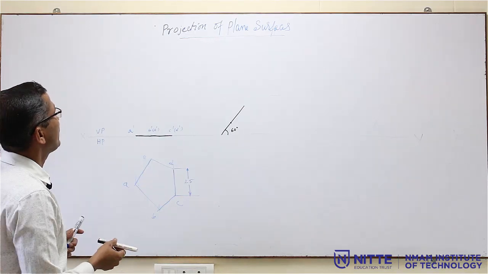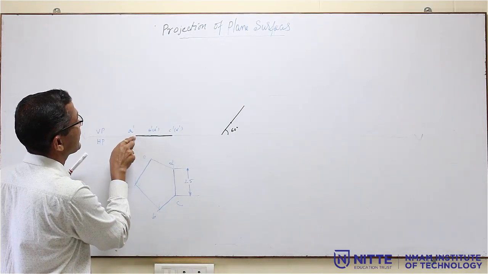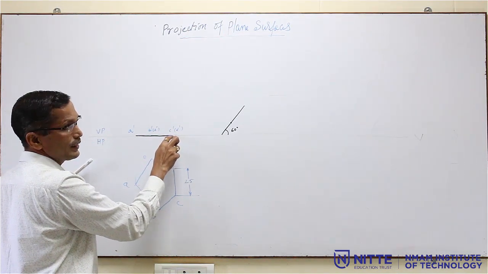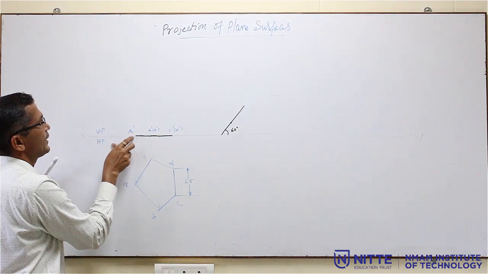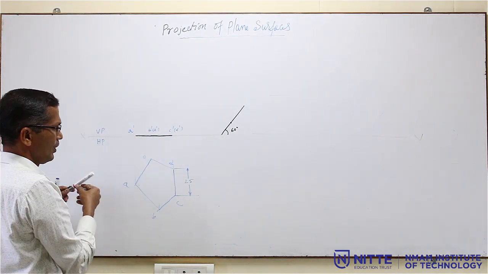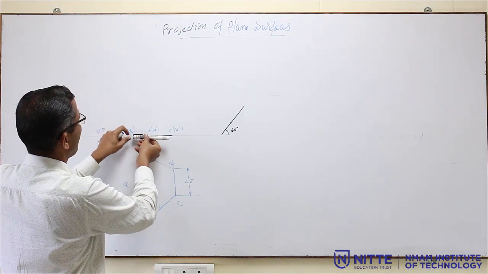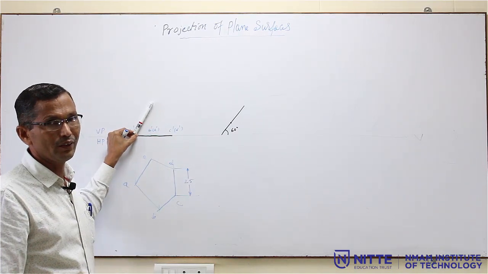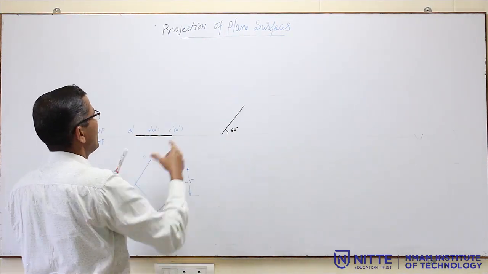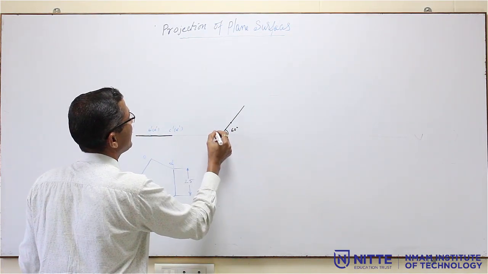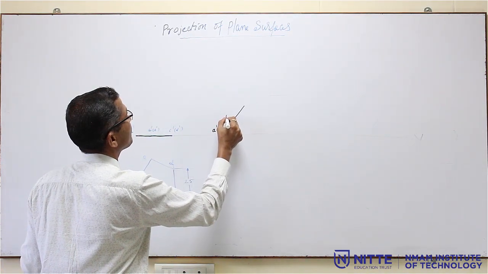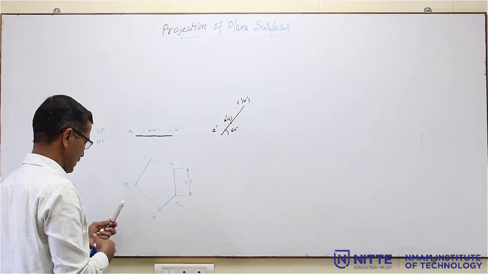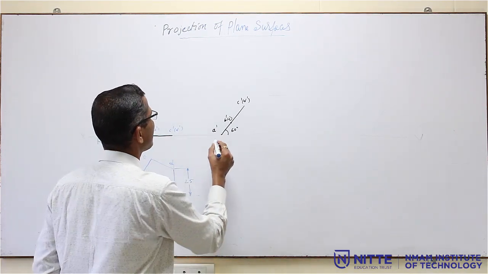Now, while drawing this you have to take care that this is the corner A dash, this is the edge. You can see two names are there, C, D for this point, that means it is an edge. Here only one name, A dash, is there. So, this is a corner. So, lamina is resting on the corner, that means the corner should be on the xy line only, you have to lift this up like this you have to draw. So, same line I had redrawn and copy all the names once again here, this is A dash, like this. After that project all the points down